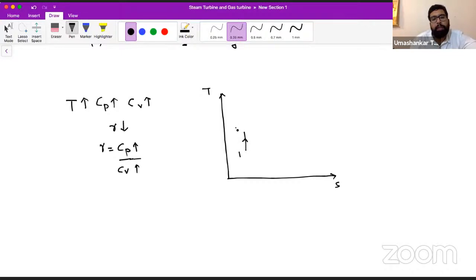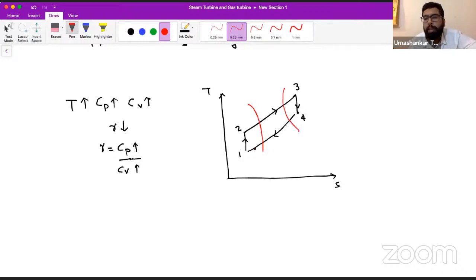So for that, we will do something like this. Now see, this is our ideal gas turbine cycle as we know it. So if Cp, Cv, gamma is changing, we do not consider the changes while flowing through 1 to 2, but we consider the changes when the combustion chamber thing happens. When the combustion chamber thing happens, quite obviously, while this air or gas flows